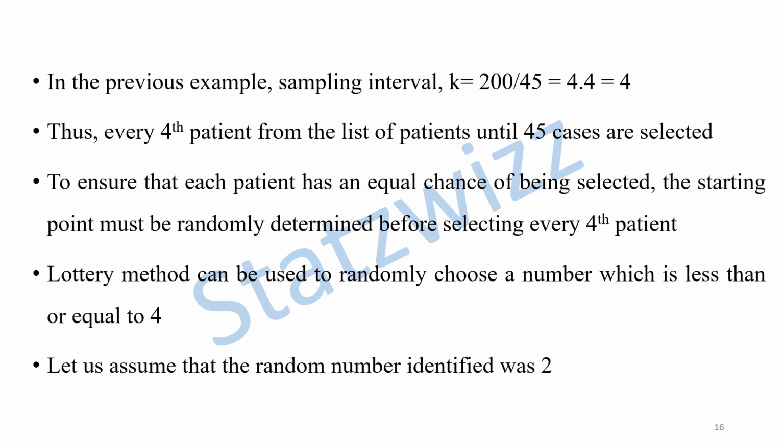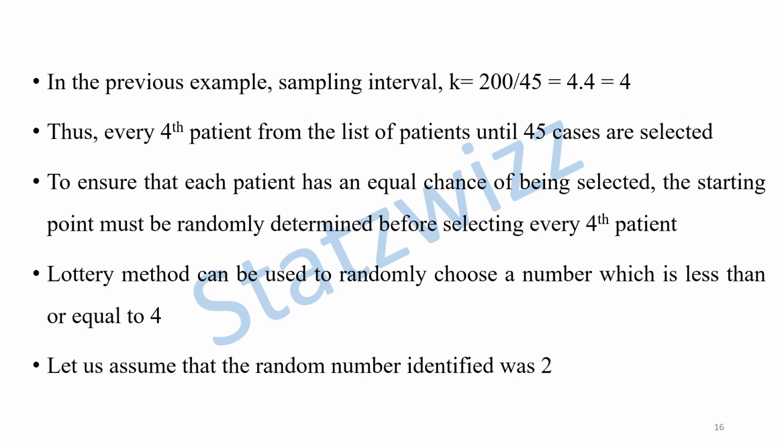In the previous sampling method, I said that simple random sampling will be employed in all the other sampling methods, right? So the same way, here we need to write a chit from 1 to 4, and then draw a random number using a simple random method. If the number that we draw is 2, the first patient that we include is the second patient, then we just add 4: sixth patient, 10th patient, 14th patient, and so on